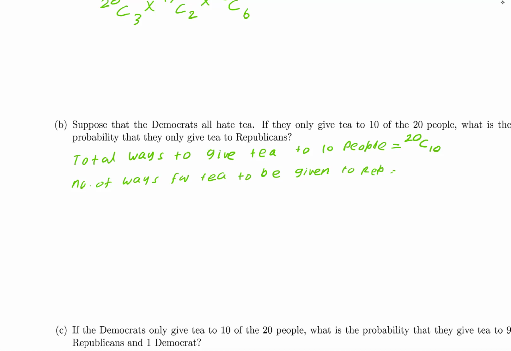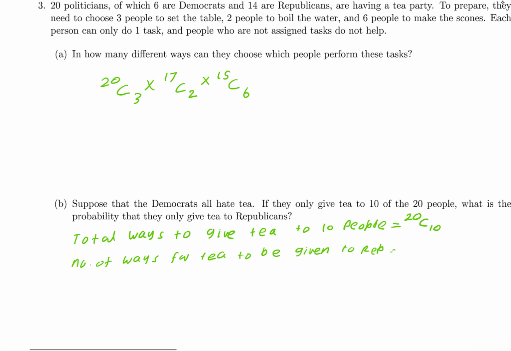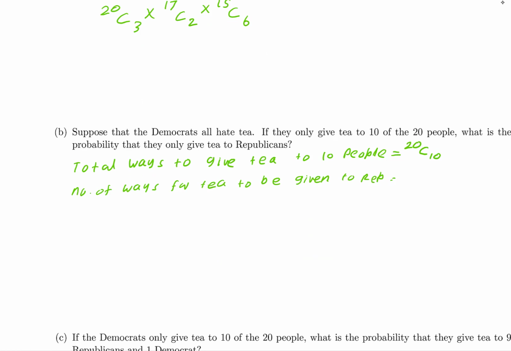Actually, Republicans, we know from the previous part of the problem, 14 Republicans. You see that, 14 Republicans. Therefore, we have only 14 Republicans and we choose 10. So that is the number of ways for tea to be given to Republicans. Therefore, we can find the probability of only giving tea to Republicans. I say the probability of Republicans, right? Then that is 14C10 divided by the total